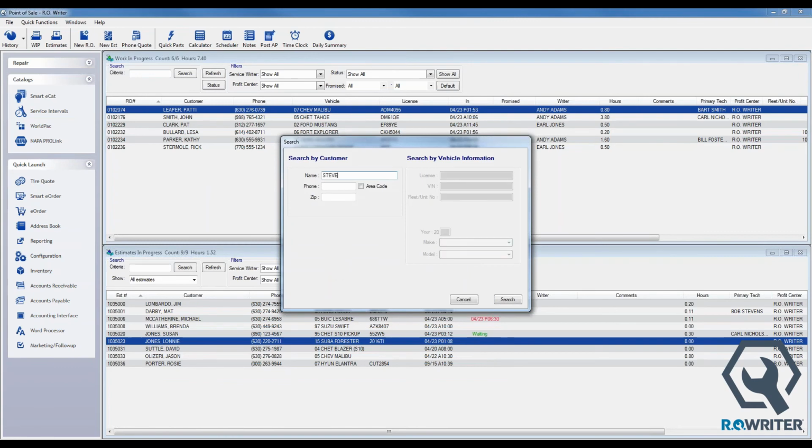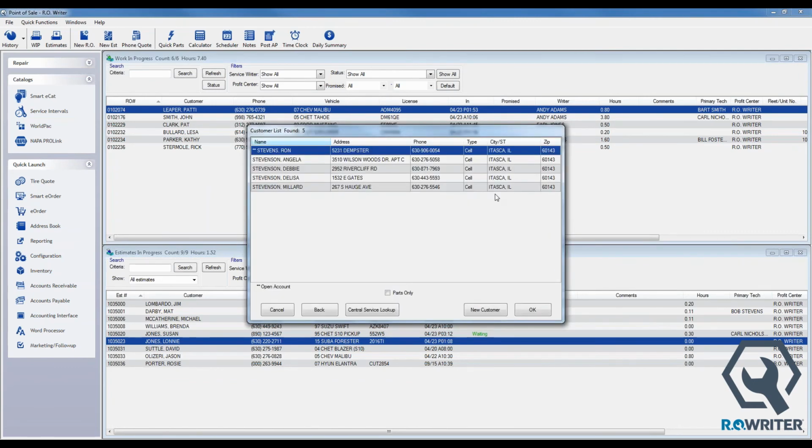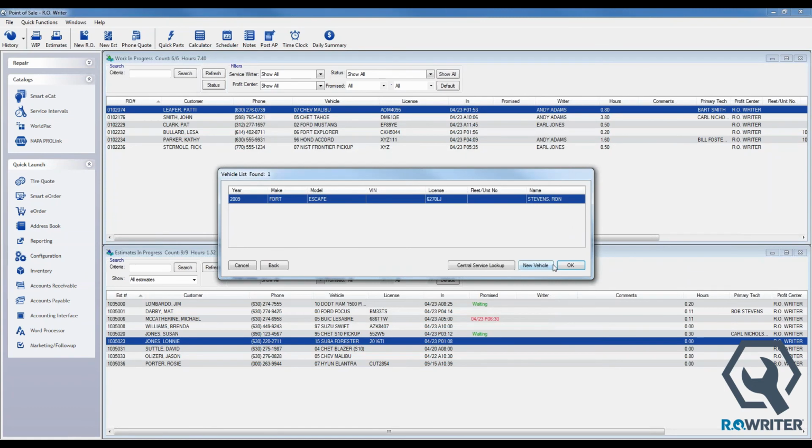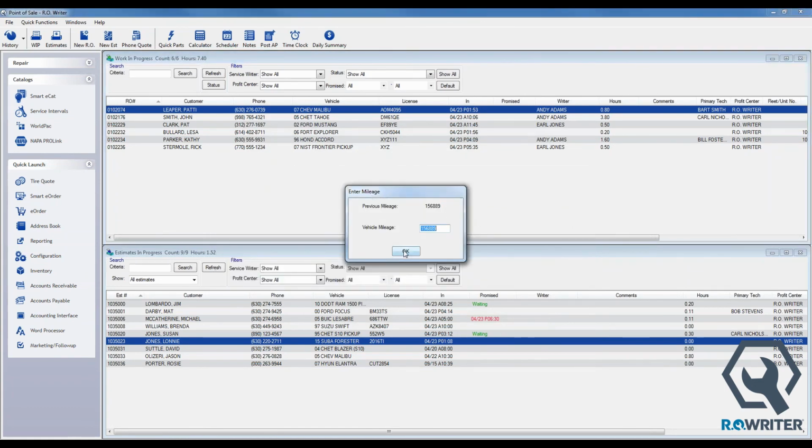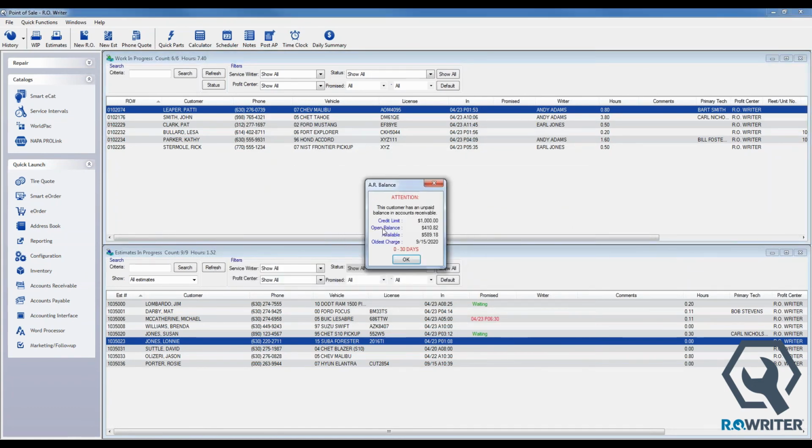Mr. Stevens has shown back up again, has that exact same 2009 Ford Escape, and we're going to start a new transaction for him. And maybe it's the same day, maybe it's next week, next month, next year. But there is an option to turn on what's called an AR warning. And so when I start a new transaction, if I have that turned on, it tells me that, oh, by the way, there is an outstanding balance in accounts receivable. And he's got a $1,000 credit limit with a $410.82 balance. So therefore, he only has